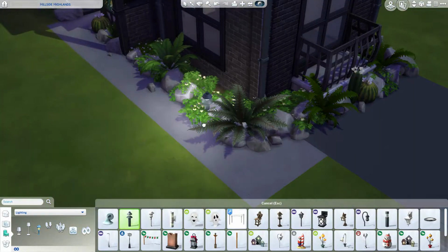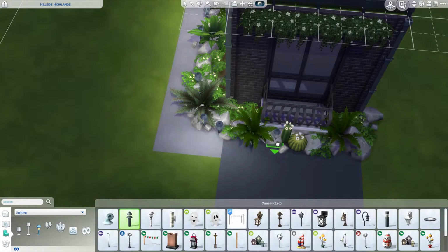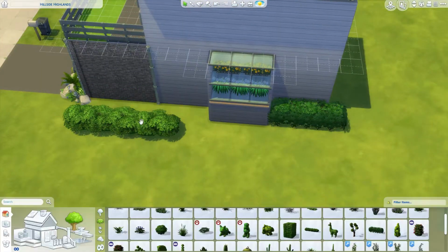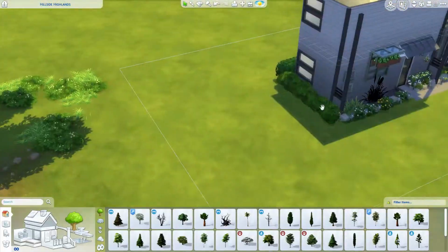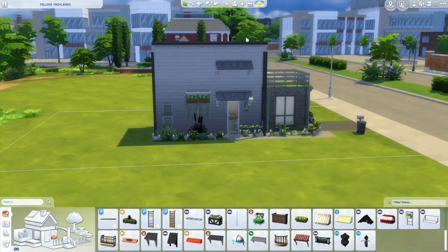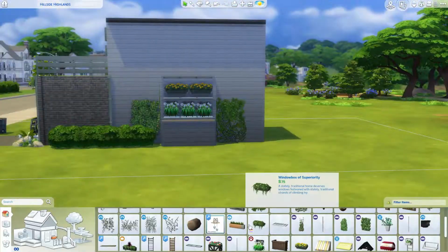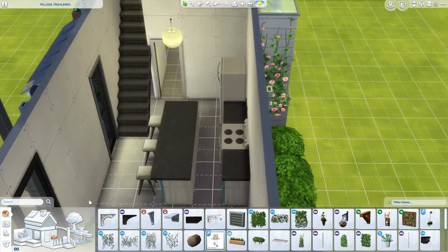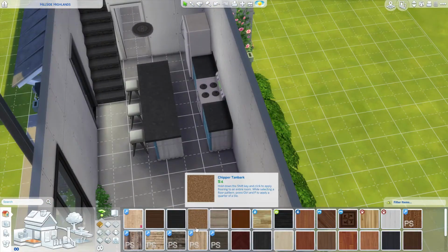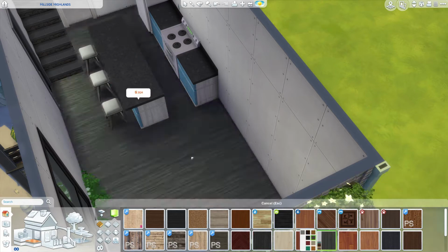But yeah, I really like the exterior of the house a lot, and the interior is super fun to play with. I usually build really big houses, but the last few builds I've done, I've been building pretty small houses, and I really like them. They're really fun to play in too for a starter home. Obviously, this is kind of expensive for a starter home, but maybe I'll do a little starter home later on. But yeah, so the layout obviously is just a rectangle inside,